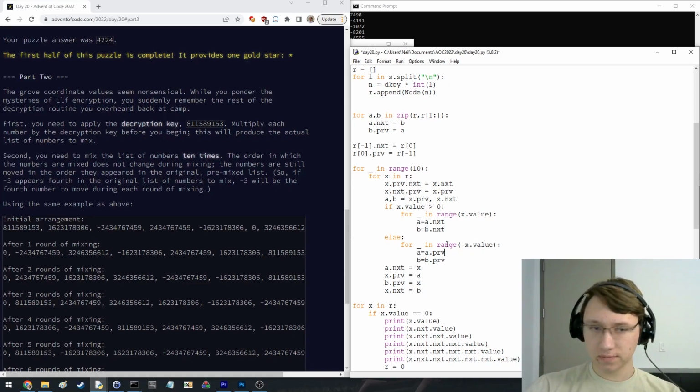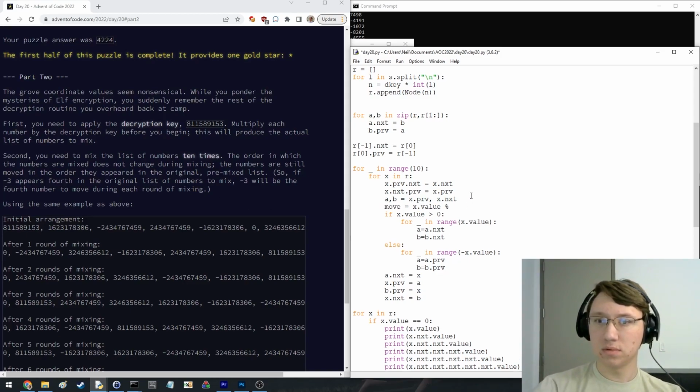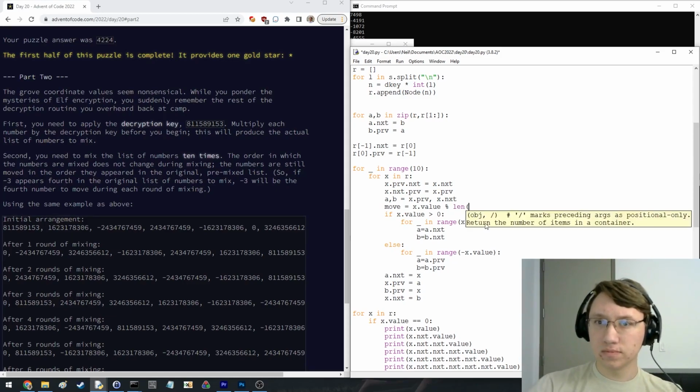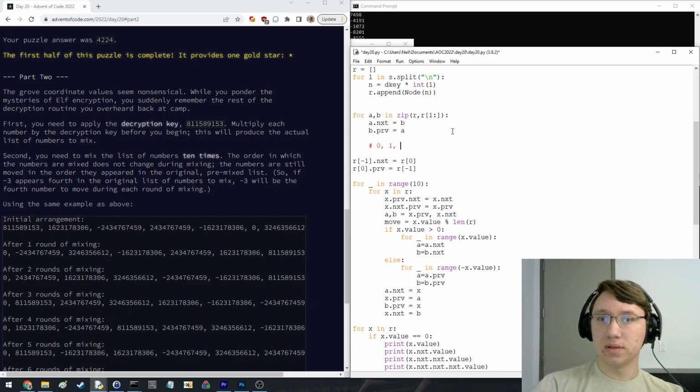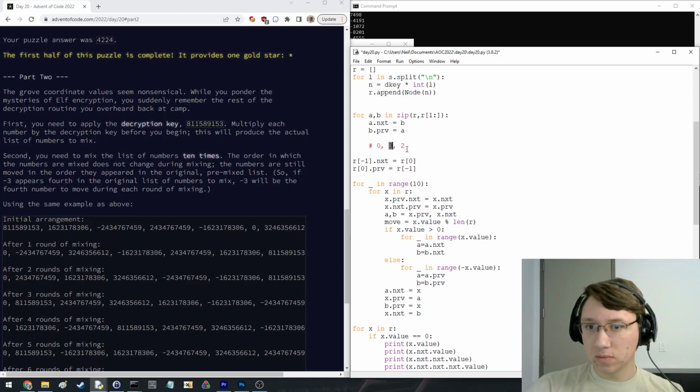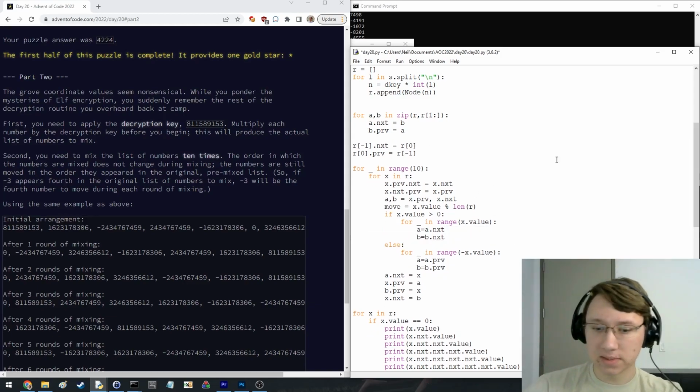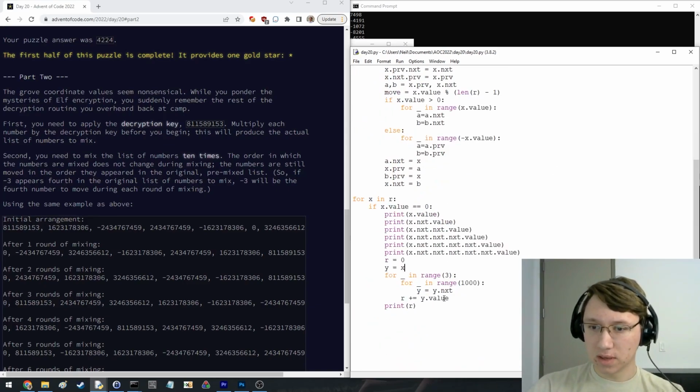And the next thing I will do is modulo. Len of r. So let me make sure that that's right. There were 3 elements. If it was like 0, 1, 2, let's do 3. If we move this one, 1, 2. Oh, so it should be mod n minus 1. Okay, that's a good catch. Len of r minus 1. Seems good. And